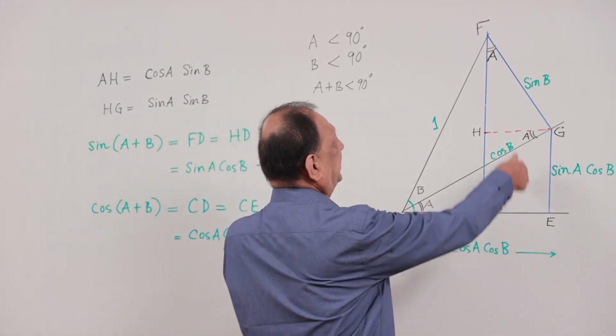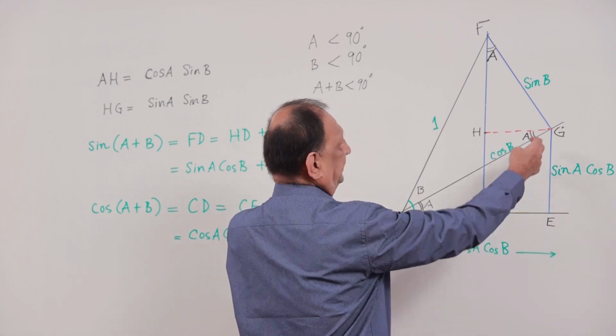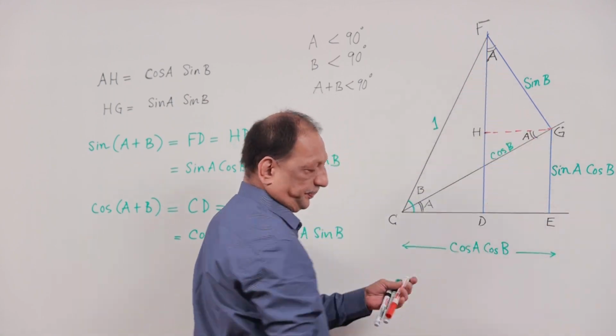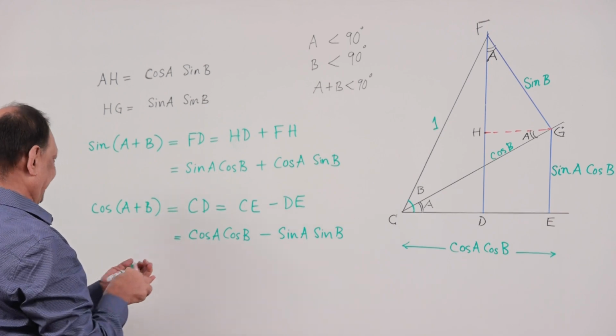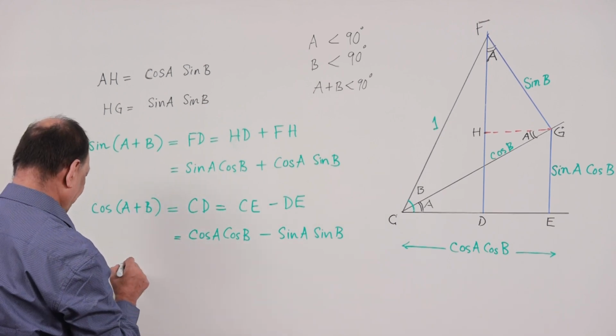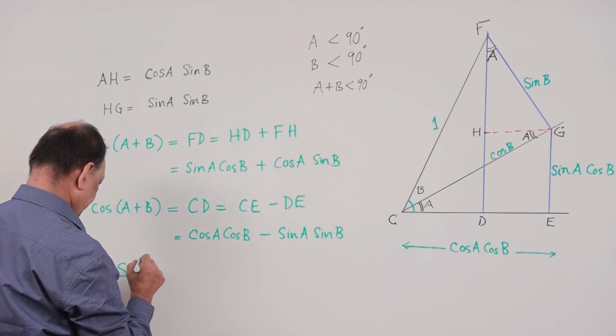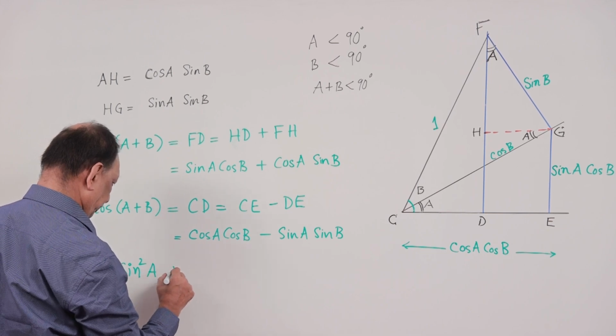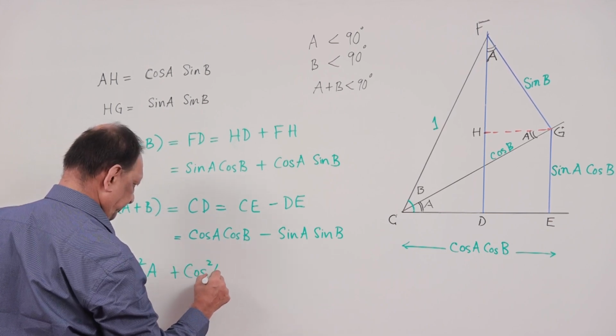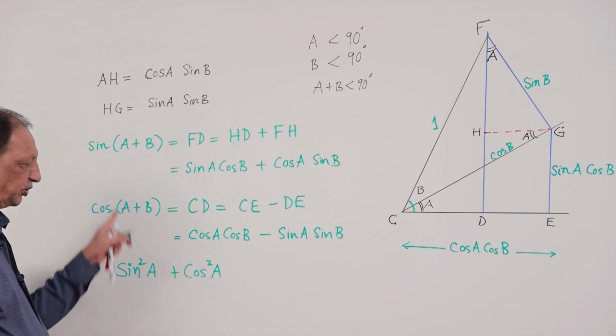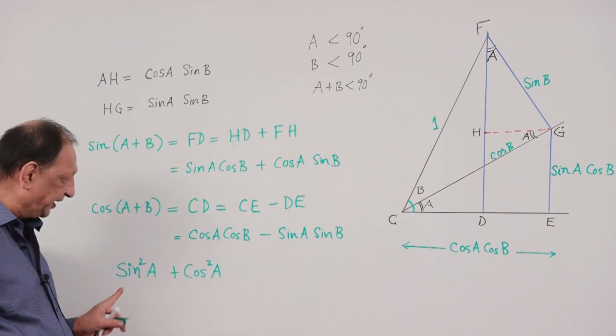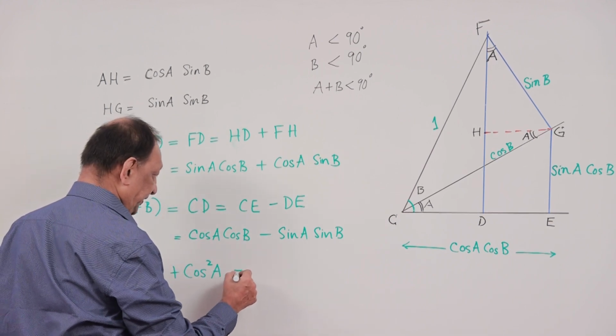Take sin A and cos A, for example, and you square them up and add. So what is sin squared A plus cos squared A? Sin squared A is sin A whole square, plus cos A whole square. Sin squared A plus cos squared A will be